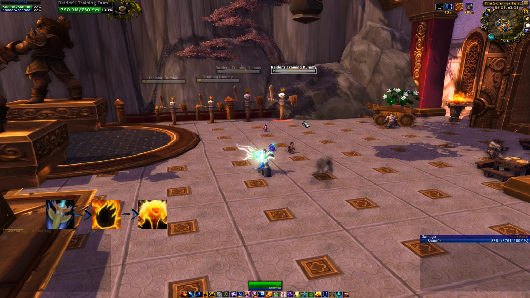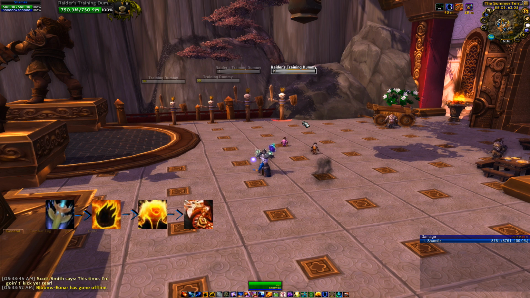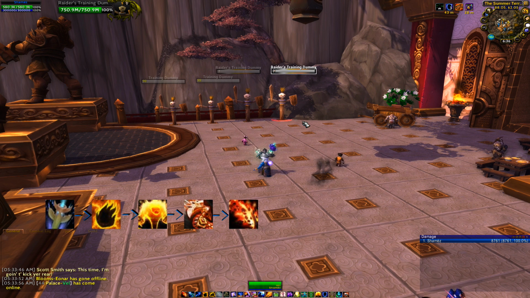Let's just say Iron Juggernaut. You would then cast Heroism before you go into your first cast, so it's global cooldown, global cooldown, global cooldown, and then before you actually need to cast something, which would be your fourth global cooldown, you would cast Heroism, because Heroism's off the global cooldown. So it would be Stormlash, Flame Shock, Fire Elemental, Heroism, and then Lava Burst, Elemental Blast,